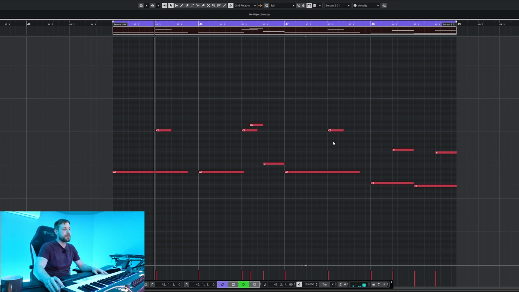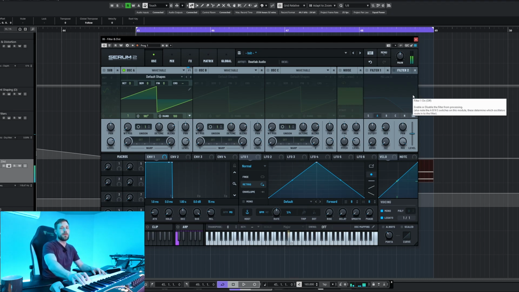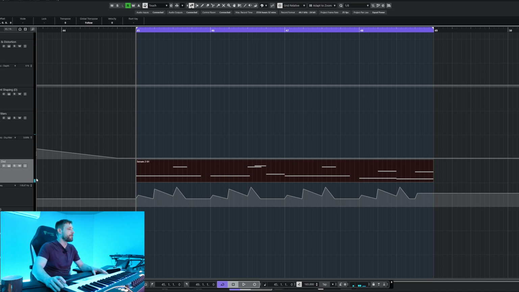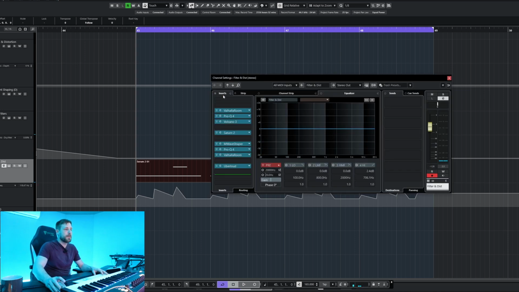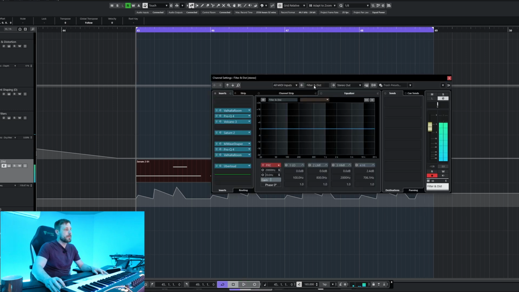Next up we have this one. And we've added a bit of mono legato on there just so it glides between the notes. And that will become relevant in a second. So for this one, with everything on, it sounds like this. Obviously vastly different to